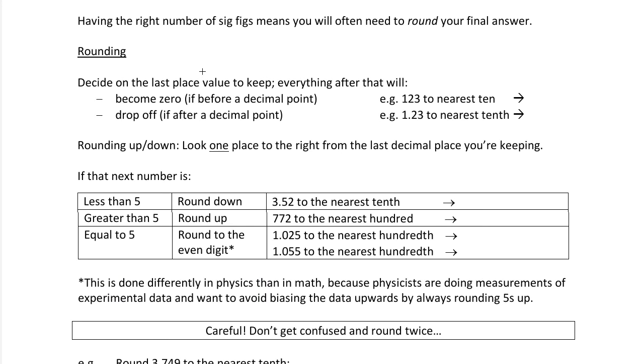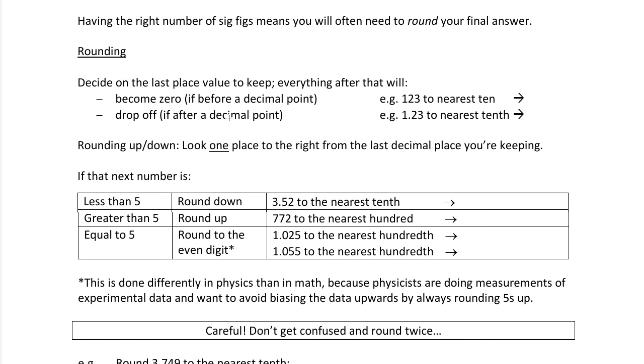Having the right number of sig figs often means you're going to have to round your final answer. So let's take a few moments to talk about rounding. Well, what are you really doing when you're rounding? You're deciding on the last place value that you're going to keep, and then you're changing everything else after that. You're either making it 0 if it's before a decimal point, or you're just dropping it off completely if it's